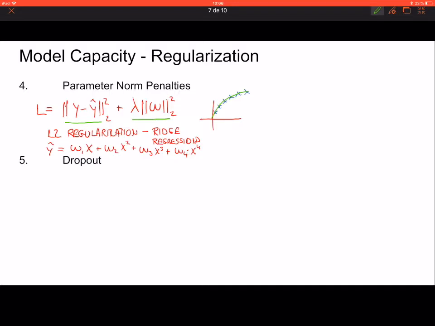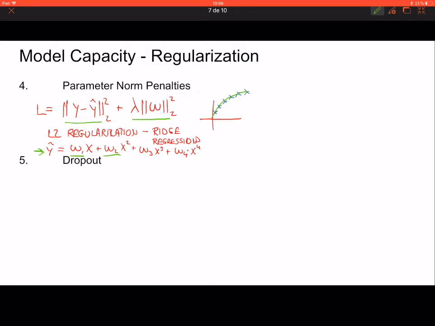So these are two competing losses, and essentially what this means is basically that for this particular equation, for this particular model,